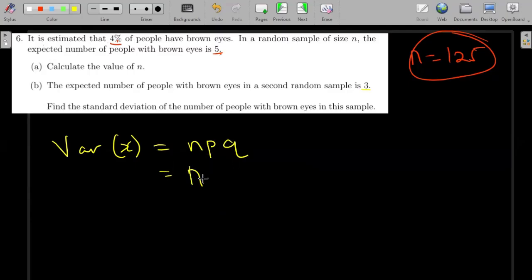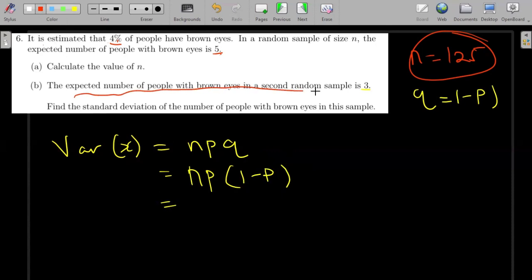So n is the number of trials, p is the probability of success, and q is the probability of failure. The probability of failure, which is q, is the same as 1 minus p. So this will be 1 minus p, like this. Now let's get what we've been told. Here they're saying the expected number of people with brown eyes is 3. And we remember the expected number of X is just equal to np. So this np here is the expected number. We're saying it's 3. And then 1 minus